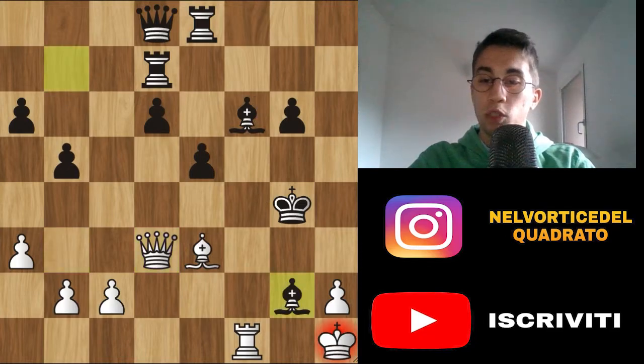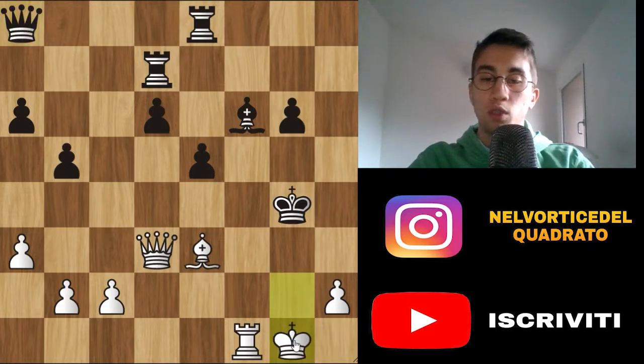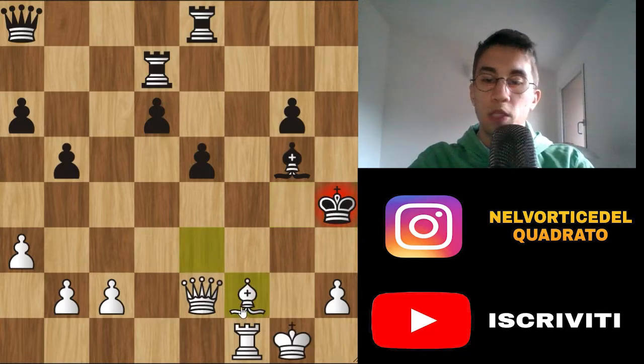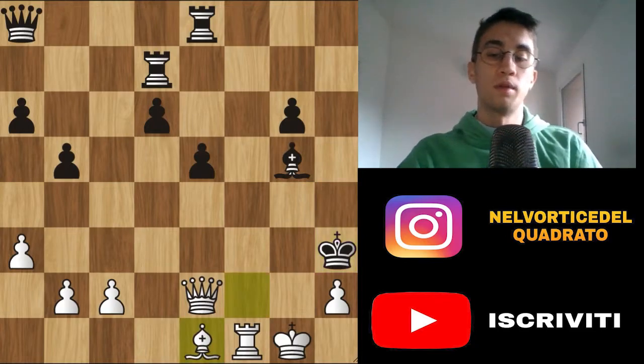So bishop for g2, king for g2, and queen a8 check. But here king g1, and now bishop g5 and queen e2 check, king g4, bishop f2 check, and king h3. What a king hunt really. And now bishop e1, and the position is completely